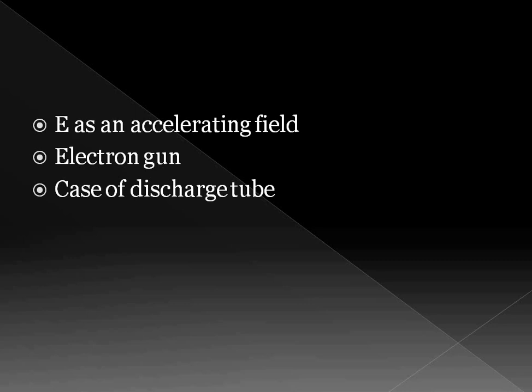Next topic is the case of discharge tube. So, a discharge tube means a tube containing charged electrodes and filled with a gas in which ionization is induced by an electric field. So, in this case, in the tube, the ionization is happening due to the induction of the electric field. The gas molecules emit light as they return to the ground state.